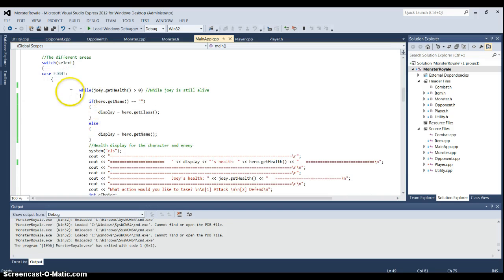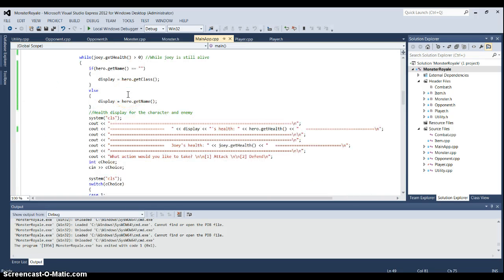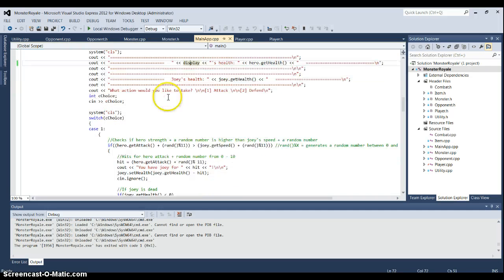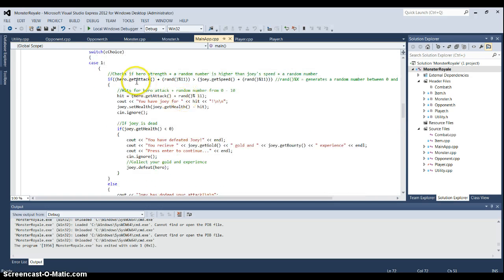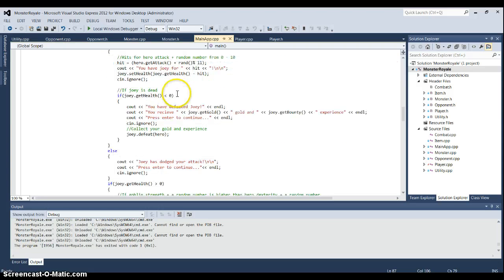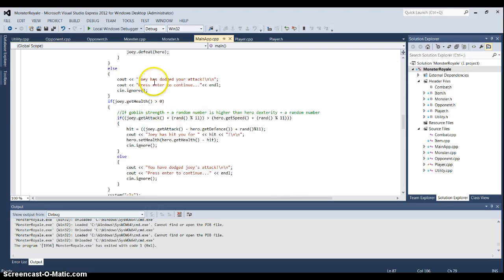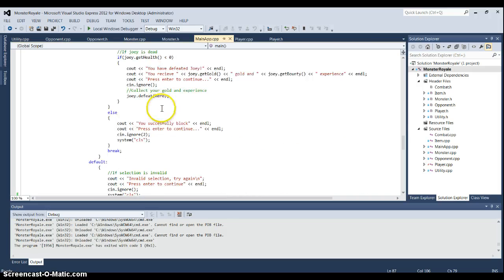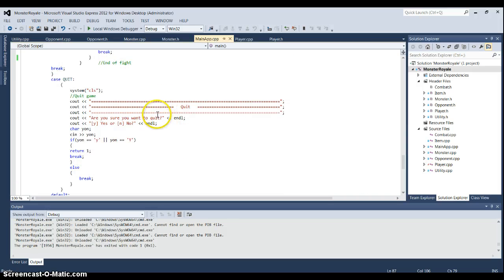You choose fight, then it goes into the fighting menu, and that's to display your name, whether or not it's a name or a class. And then pretty much it's just get your attack and a random number. If it's greater than his speed and a random number, your attack goes through, and then it's the opposite for him. And yeah, that's pretty much it. Then it just takes it off his health, and if you defeat him, if not, then here's the dodge and defend, and then the quit just